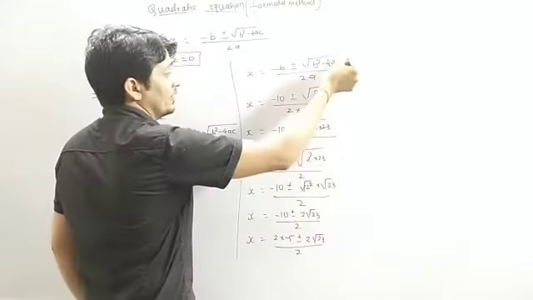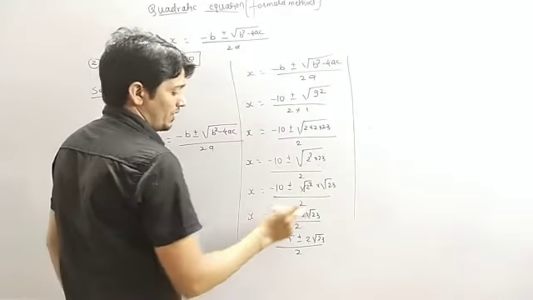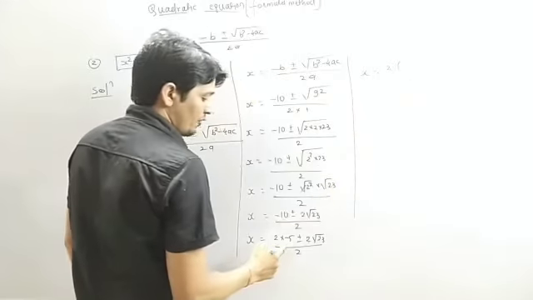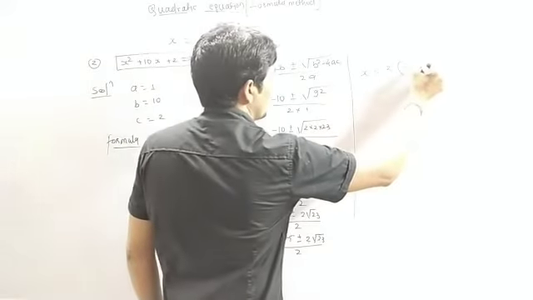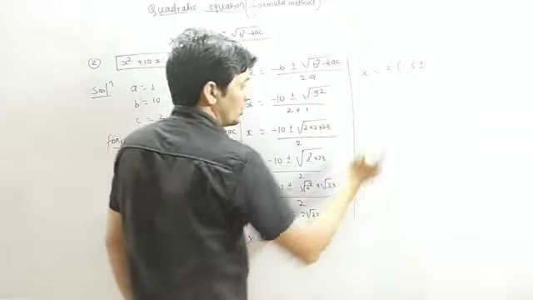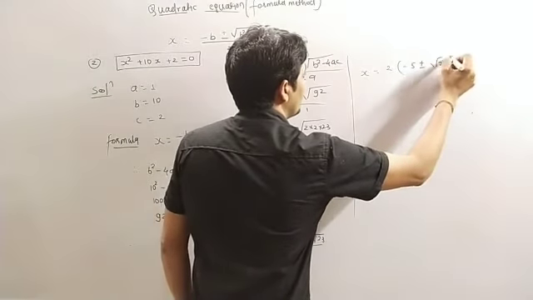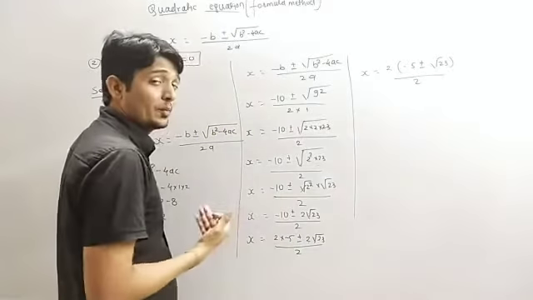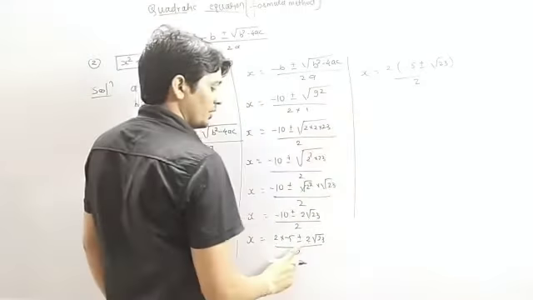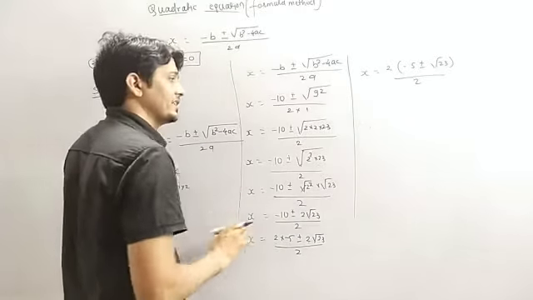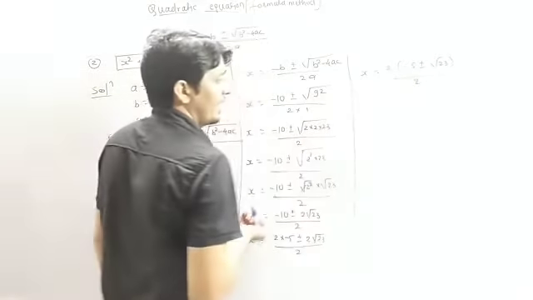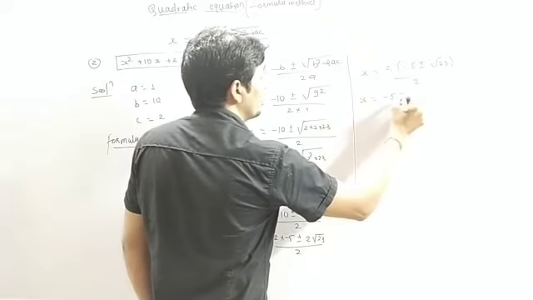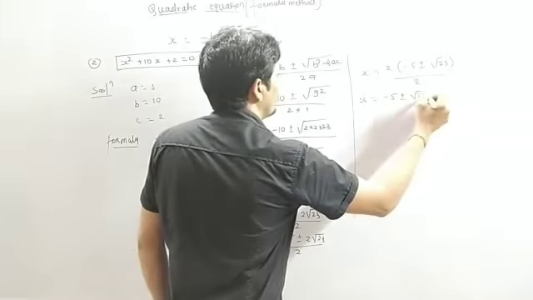We have to solve further. So taking 2 common, what can we write? x equals to 2, in bracket we have -5 plus minus √23, divided by 2. सी यहाँ का भी 2 और यहाँ का भी 2 हमने कॉमन ले लिया है, सो कॉमन बाहर निकाल दिया और बाकी के जो नंबर्स हैं वो एज इट इज़ लिख दिए। अब ये 2 से ये 2 विल गेट कैंसल, सो हमारे पास अब क्या बच गया? x equals to -5 plus minus √23.